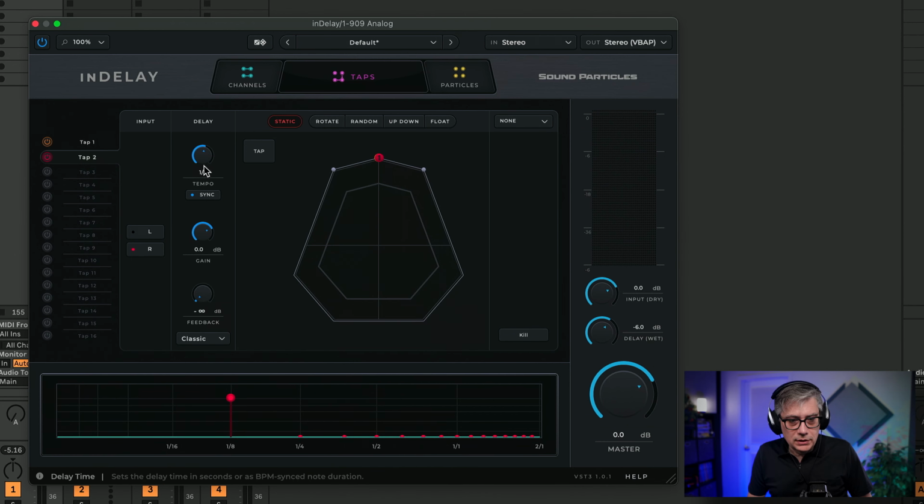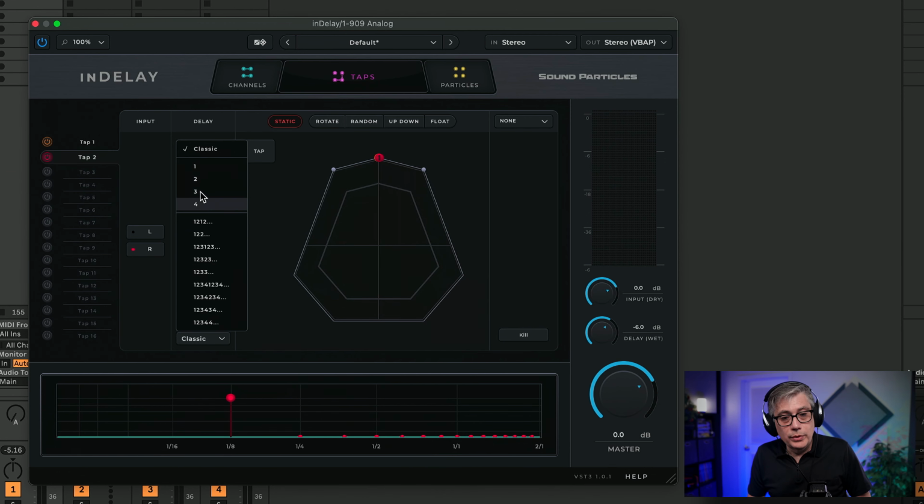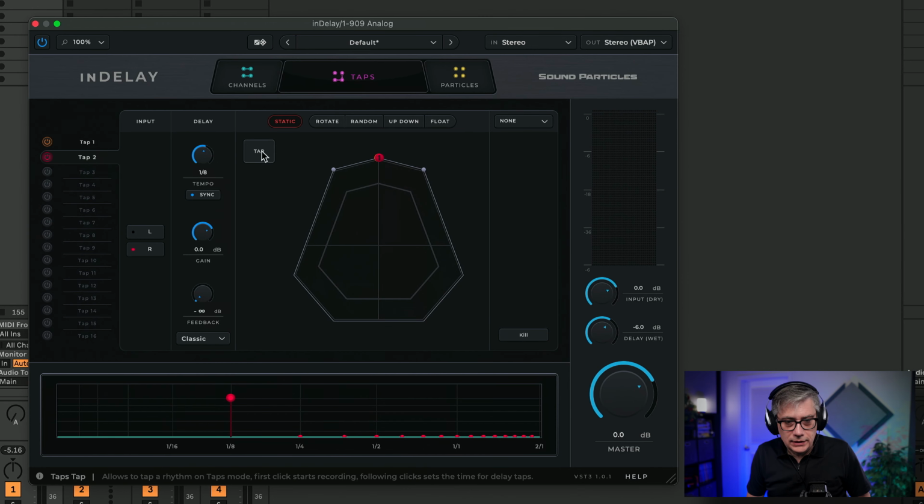We have a sync button, a tempo control, a gain control, a feedback control. We can once again select between the classic mode or a mode where we have up to four iterations, and then we can cycle through them in certain ways. And we have the modifiers. We have the tab that we can select, and we have the timing.